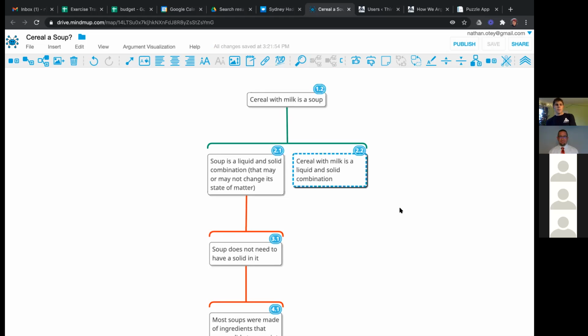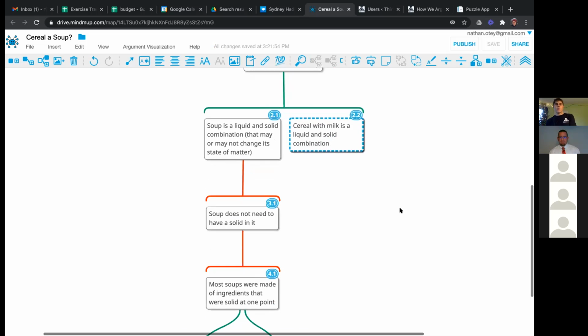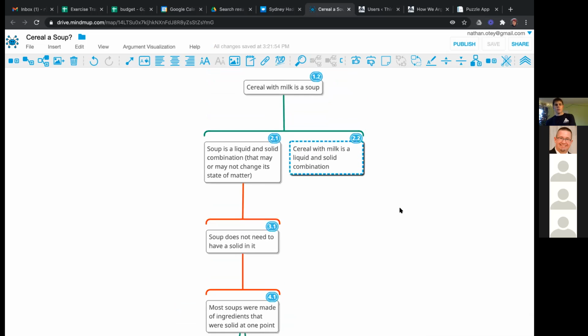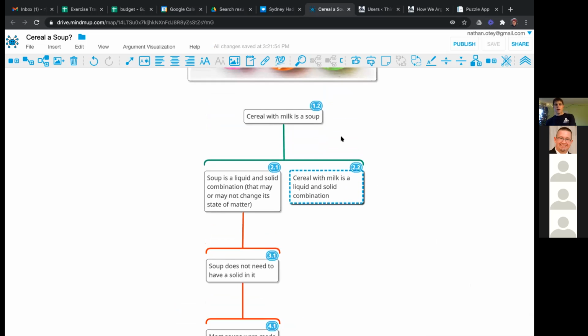All right, Bruce has said, by this definition, a stew is a soup. Bruce, do you take that to be an objection, or are you happy with stew being also considered a soup? Are you good with a broad definition of soup that includes stew? I'm not sure whether you're taking issue with the main claim. Okay. Cool.